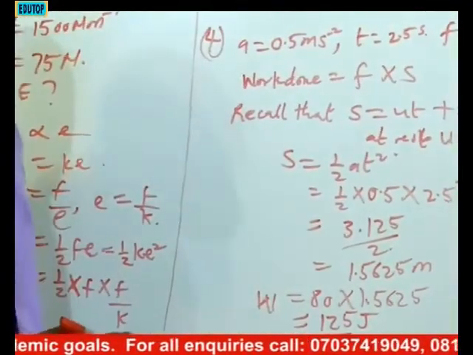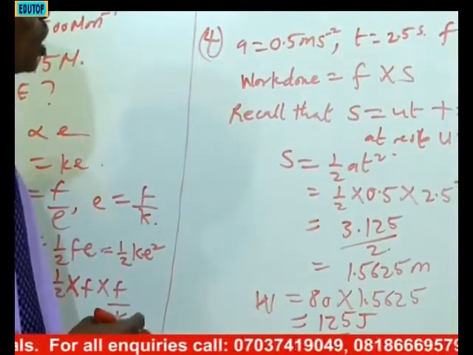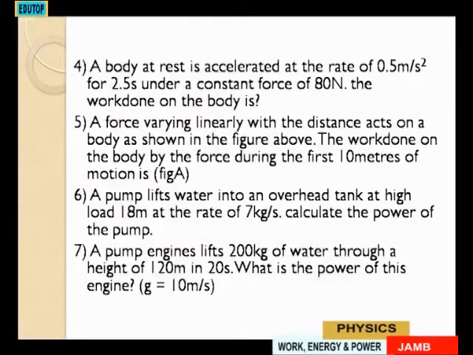125 joule. And that is the answer to question number 4. Question number 5. The question says a force varying linearly with the distance acts on a body as shown in the figure above. The work done on the body by the force during the first 10 meters of motion is,